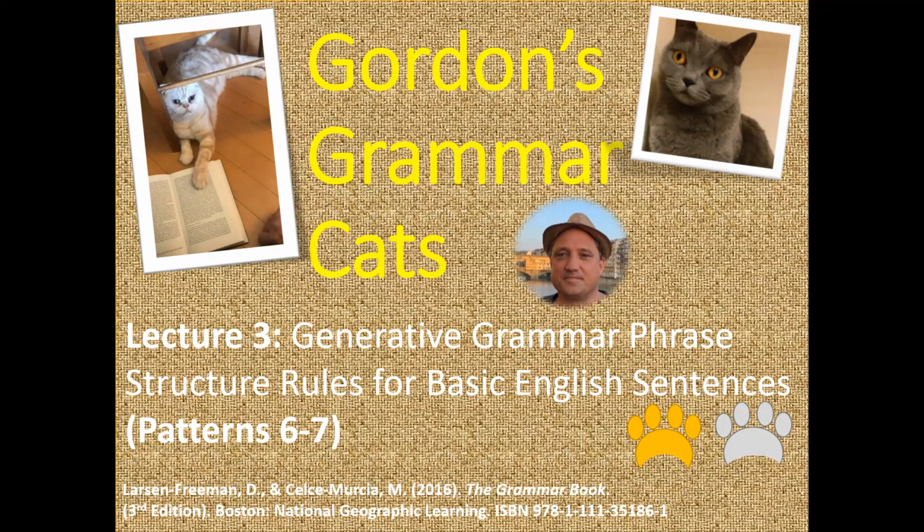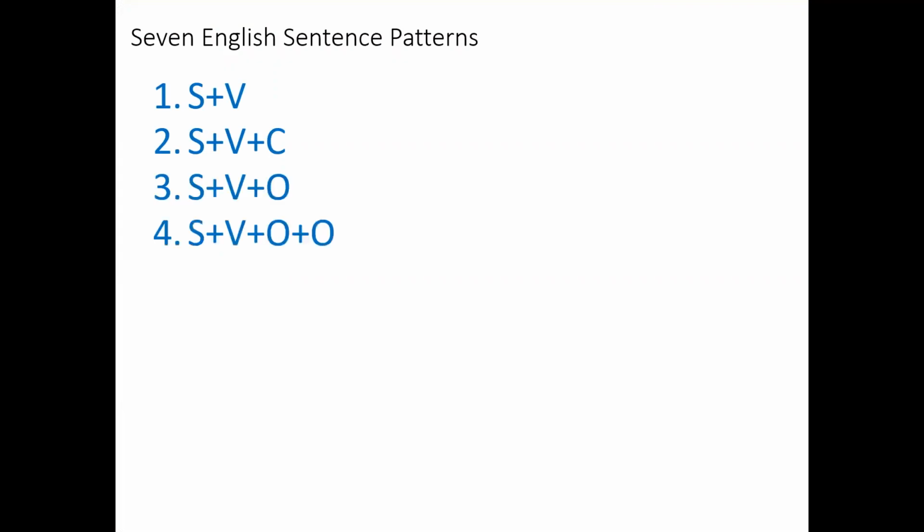In this third video of the series, we will complete our overview of the 7 basic English sentence patterns. In the first video, we diagrammed the first 2 of these. And in the second video, we looked at patterns 3, 4, and 5. Now, these first 5 patterns are the 5 basic English sentence patterns, or Gobunke, that students of English study here